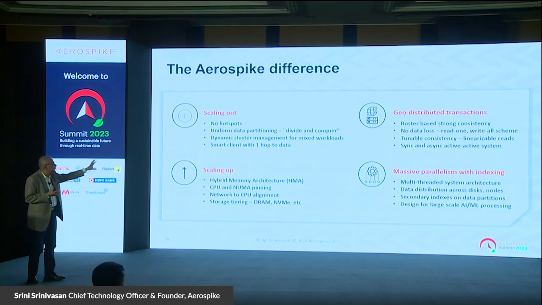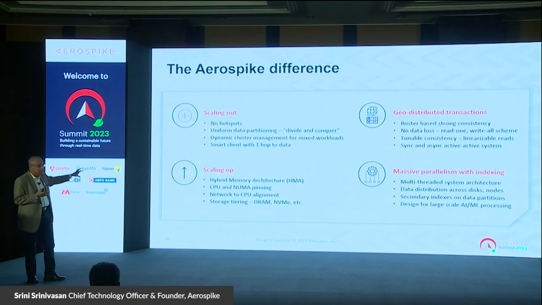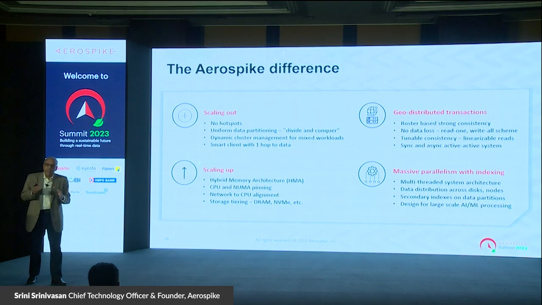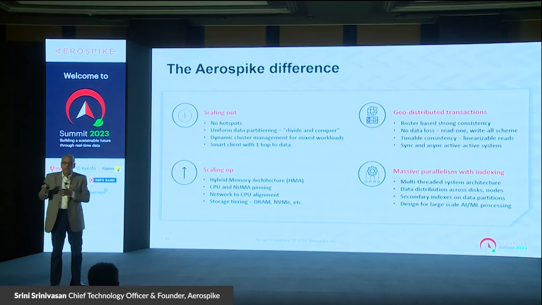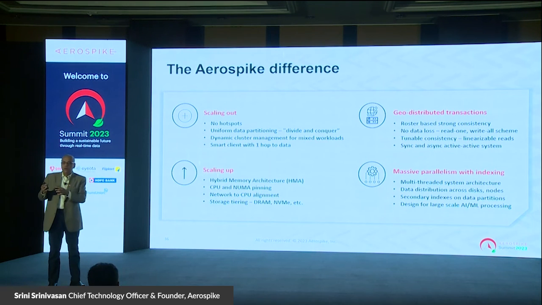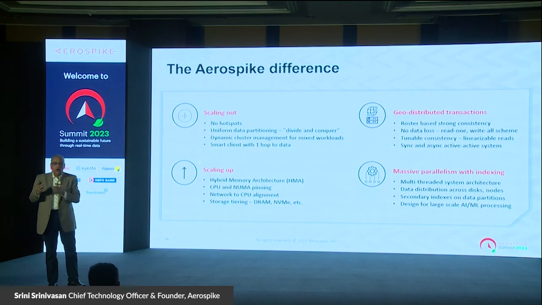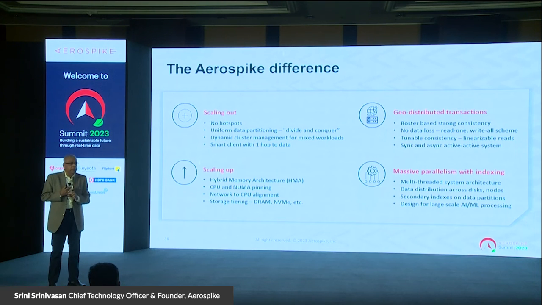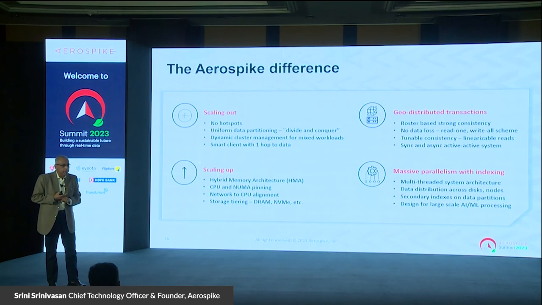That's the other point. And then, because of the optimizations we did in the scaling up and the scaling out components, Aerospike ended up getting a bunch of headroom to develop our own flavor of strong consistency for transactions. So our algorithms are not quorum-based because we don't need to. We can actually write all the copies fast enough. So we end up doing a read one, write all scheme, and this is combined with a roster-based scheme.